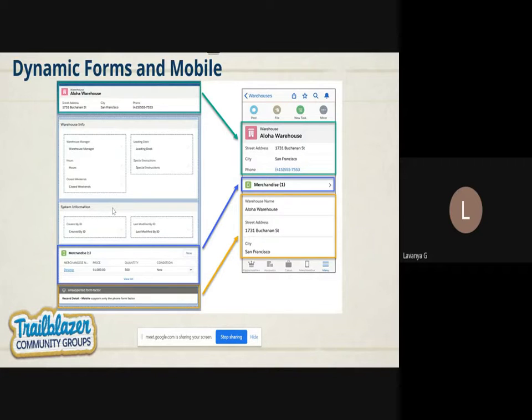That is what you are seeing in the right side mobile section, the yellow box. So you don't need to worry about it if you have mobile users. Mobile users are also covered in dynamic forms, even though it is showing unsupported form factor. It is just showing that. If you ask whether it is really supported, yes, it really is, because dynamic forms cover mobile users as well.